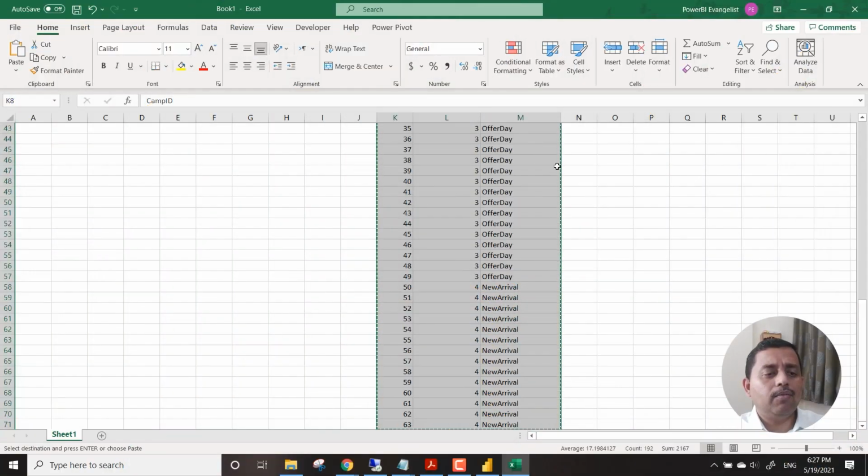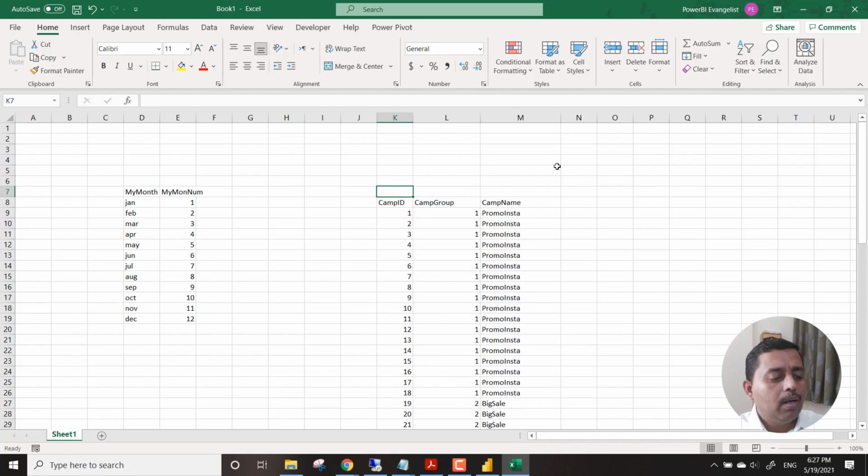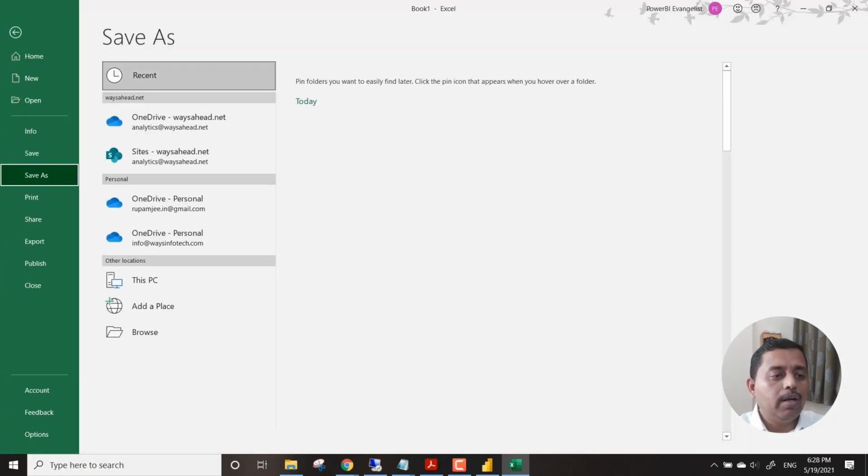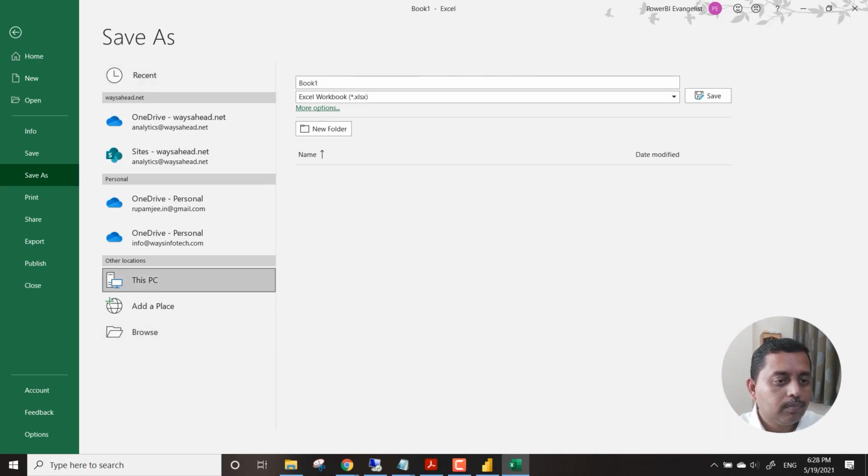What I will do now is, because this is just for an example that we kept, I will keep it as a mapping file. We will call it as a mapping file over here. So worked files, and we call it as mapping.